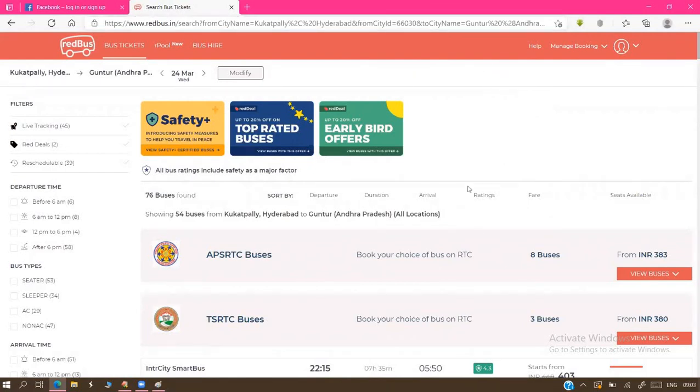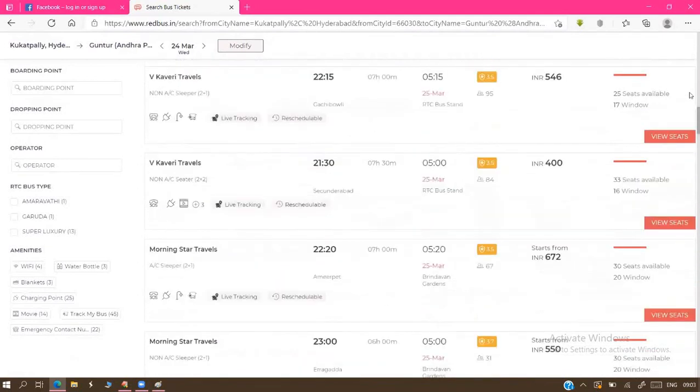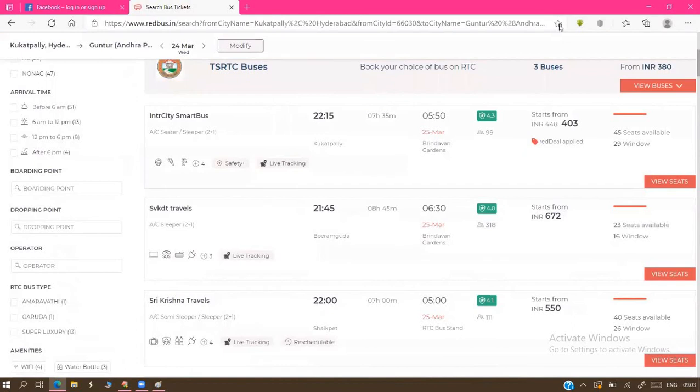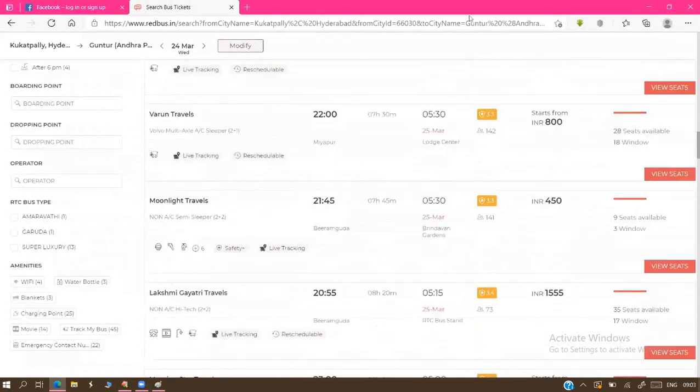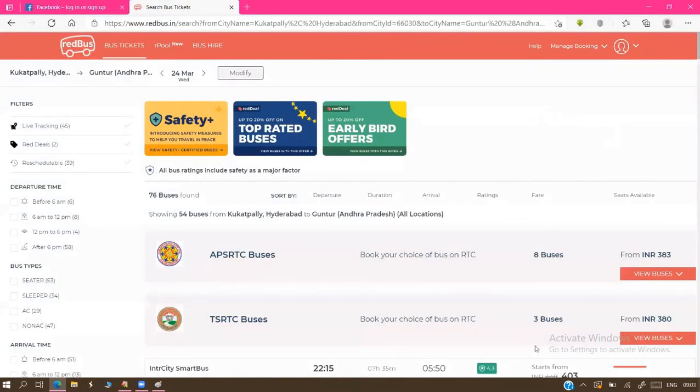Next, can I bookmark this page, sir? Yes, 100% we can bookmark this page. These are the results of buses, sir. Of course, no problem, we have a bookmark icon, we can bookmark it. But can I bookmark this Facebook page after login, sir? No chance to bookmark. For pages designed with the post method, bookmarking is not possible. For pages designed with the get method, bookmarking is possible.